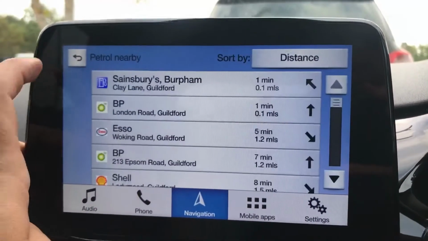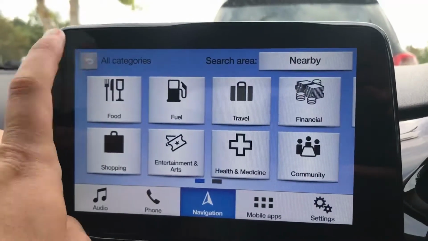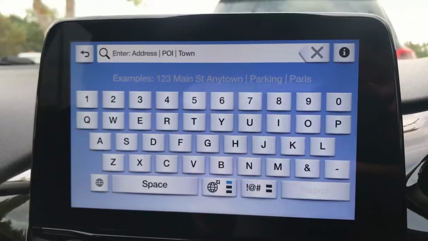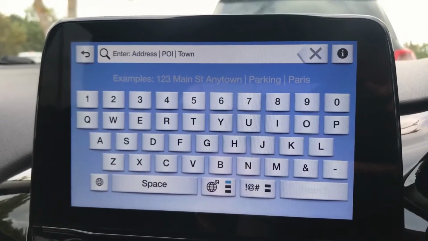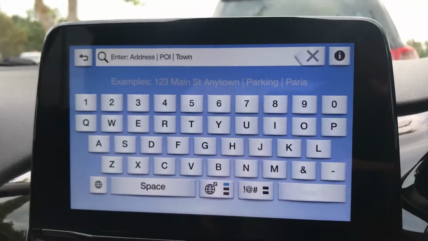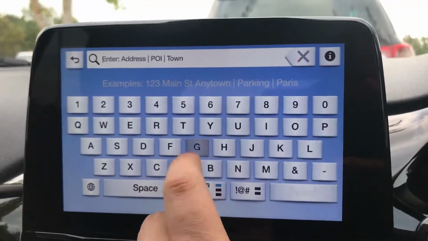For now, we're going to go back a page so I can show you how you input your own kind of address or postcode into this system. So you can enter a postcode, you can enter a town, or you can just start entering an address. So if we enter a postcode into here,